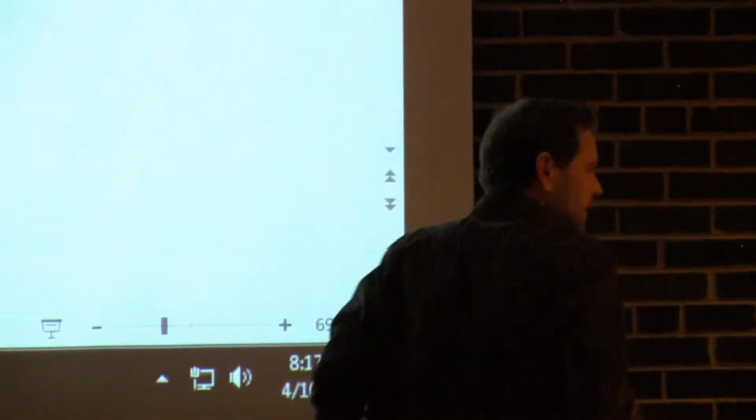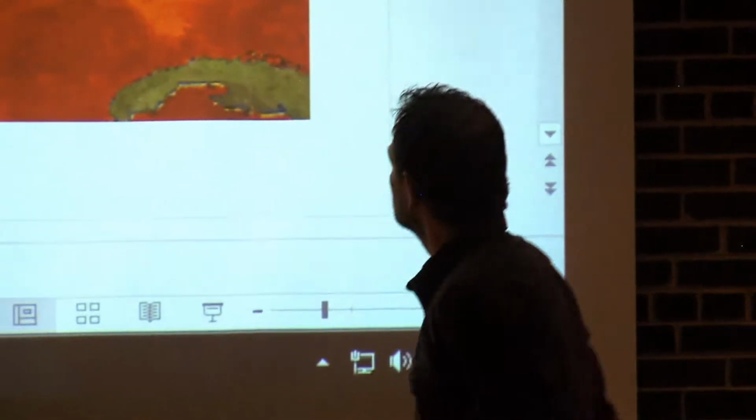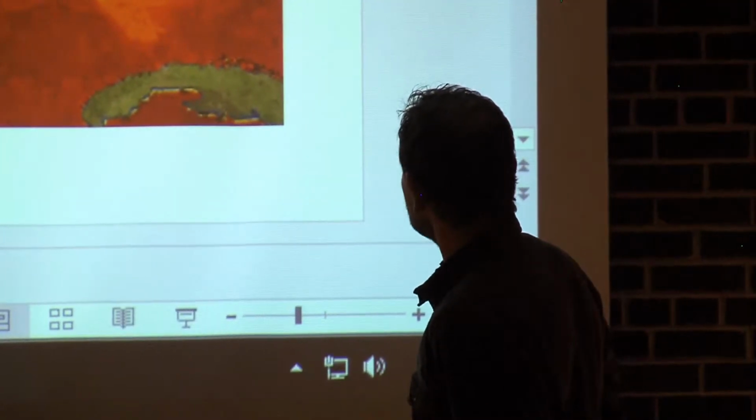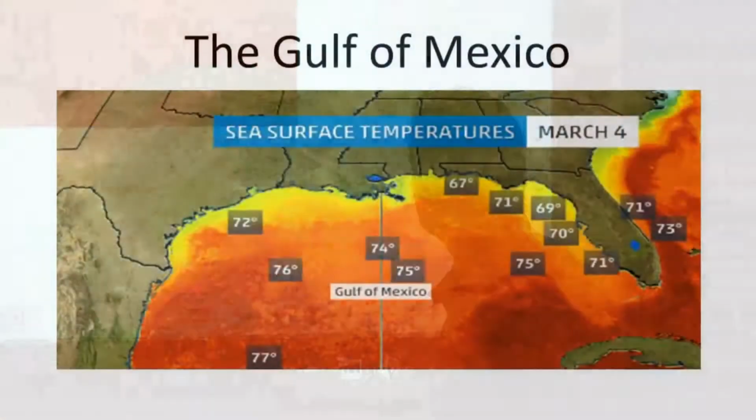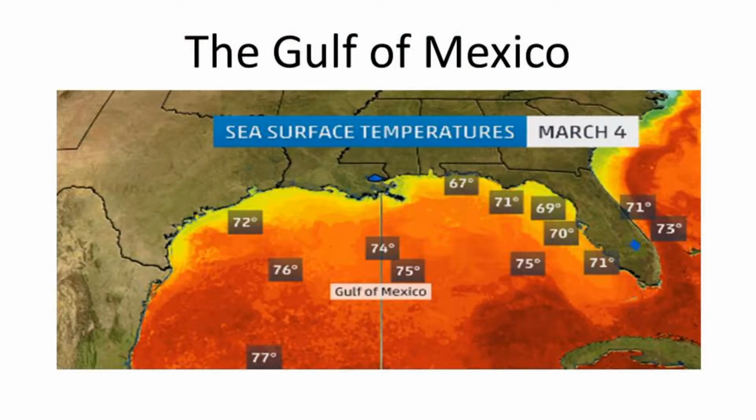Yes? If you go forward 2 slides to your water temp slide over the Gulf, there's something there that struck me as being really counterintuitive. I'm curious about it. I would think that the waters would be warmer where they're shallower, and it seems like it's the opposite, the surface temps. Because it seems like they're going down as you get closer to the coast.